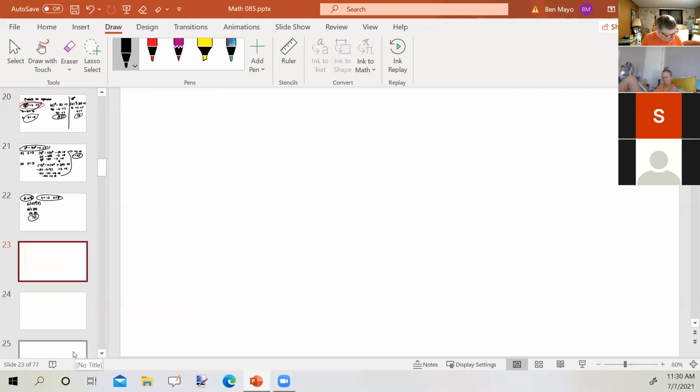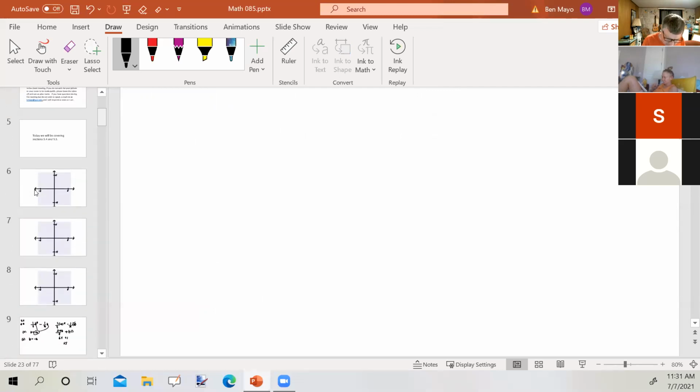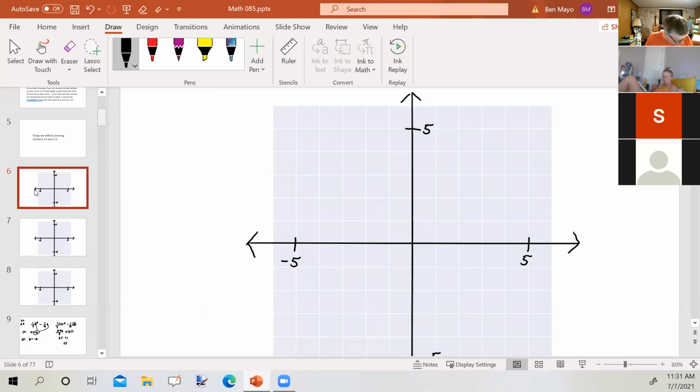Now the directions say, construct a table of solutions and then graph the equation. Okay, we're going to go back up here to this screen, and we're going to take the equation y equals x squared plus 1. Whenever I'm graphing something brand new that I have no idea what it's going to look like, what I tend to do is I start with a table